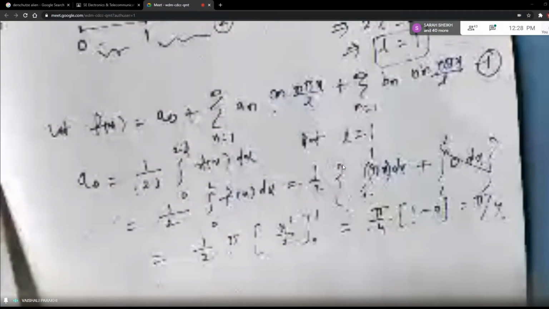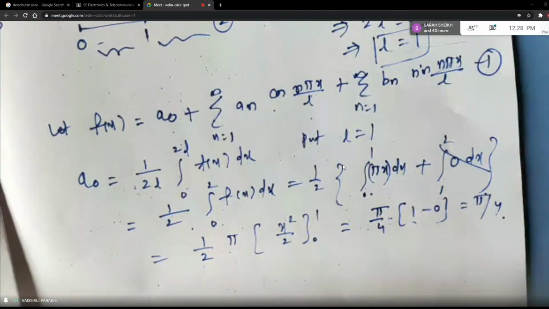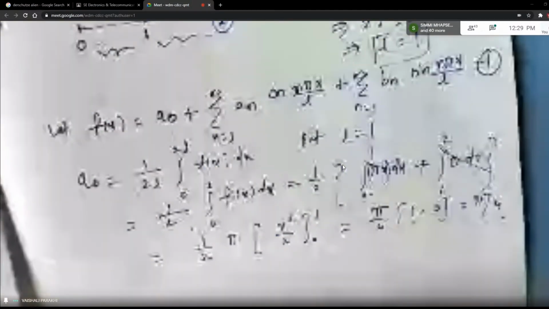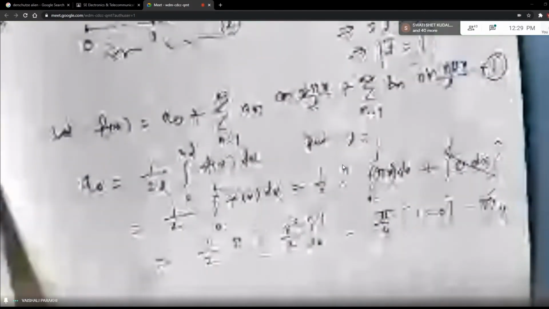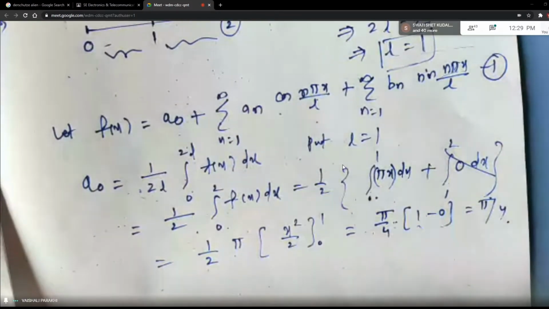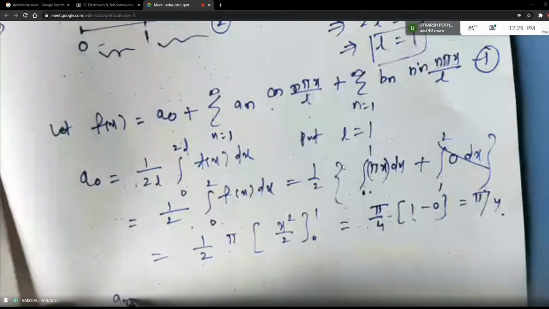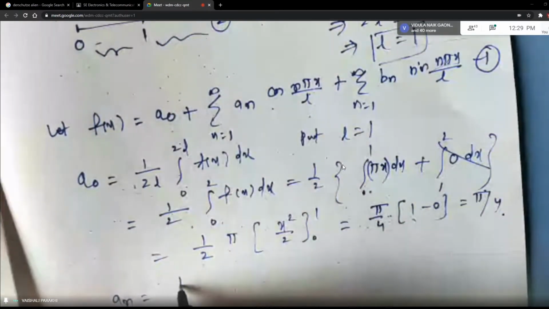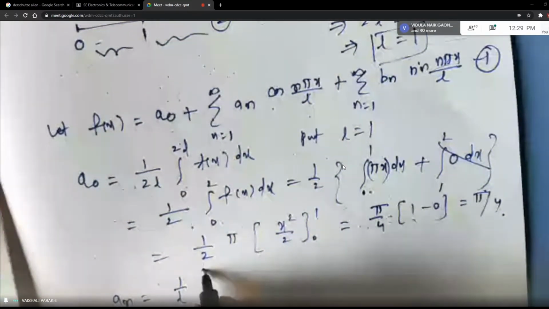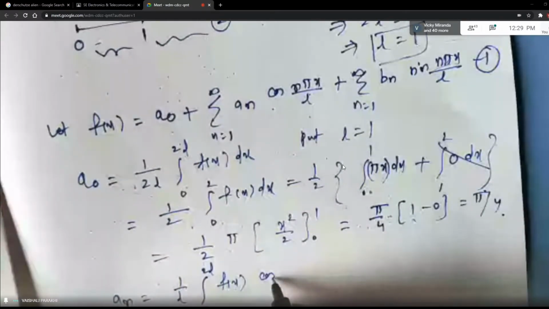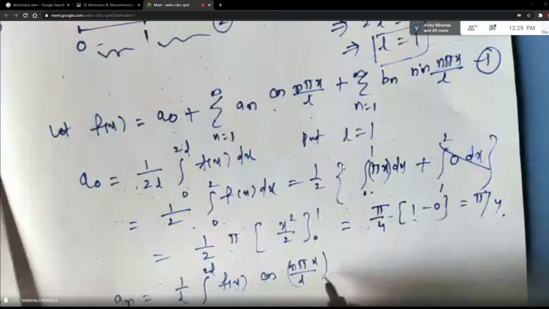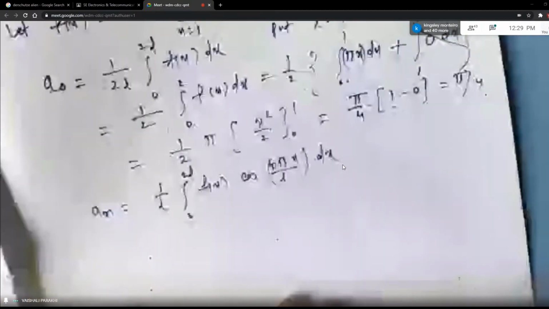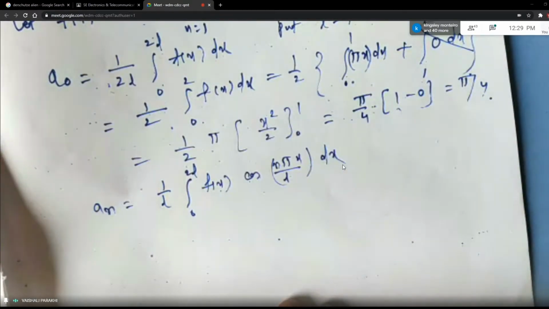Okay, now let us try an. Now what is the formula for an, students? An formula is 1 by L integral 0 to 2L f of x cos of n pi x by L dx. Right? So if you observe, nothing I am doing, students, other than writing the formula, substituting the things and solving